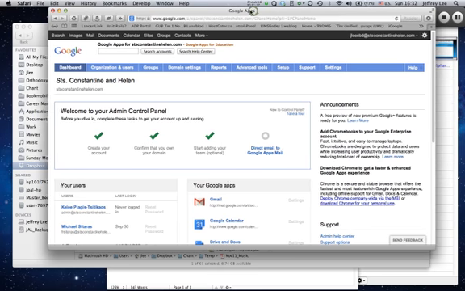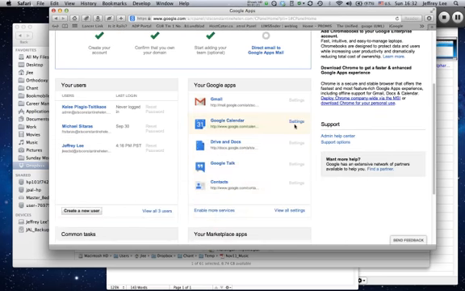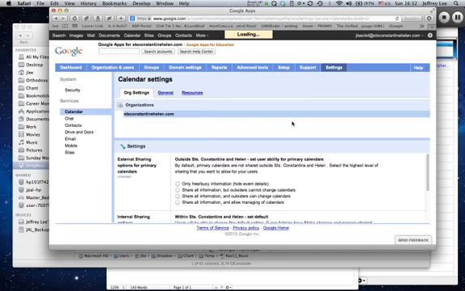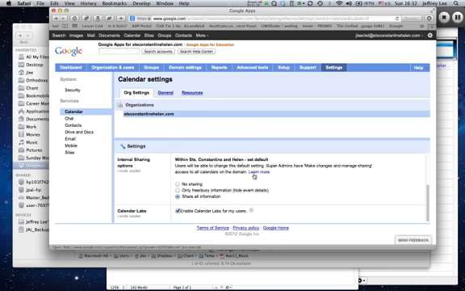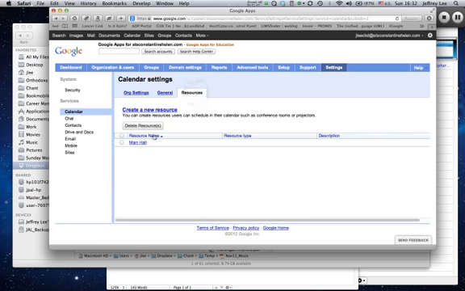So anyways, once you've gotten to this dashboard, your starting place, a couple of different ways you can go. The easiest is just go ahead and hit the settings link on Google Calendar and give it a couple of seconds to load up the settings, and then you have three tabs: org settings, general, and resources. The org settings are just the general stuff about the calendar, what's visible to people outside our organization, etc. The link that you're most interested in at this point is the resources link, and you can create and edit